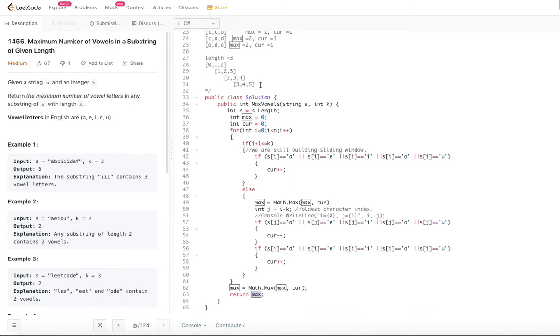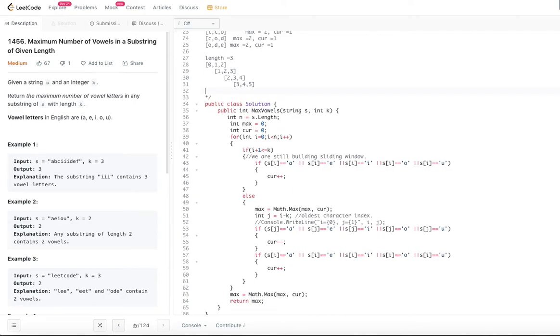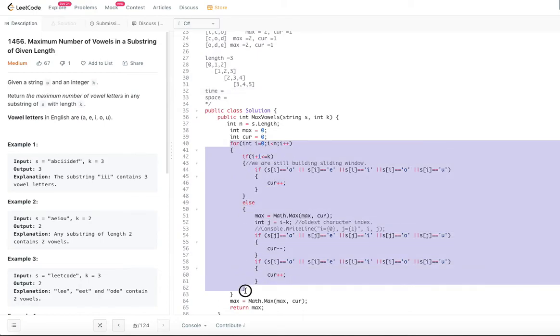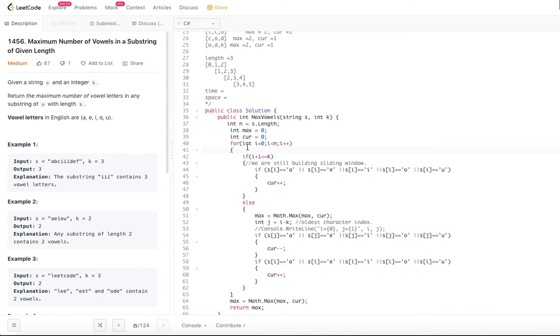So let's go ahead and look at the time complexity and space complexity for this. So time, how much time do we need actually? We are going through the entire string only once, right? There is no second time or third time or whatsoever. So the entire string once. What is the string length? We are saying it is n, so the time complexity for this particular algorithm is order of n.